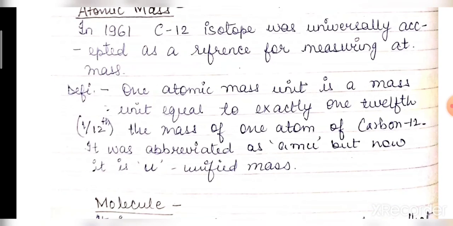But if we talk about atomic mass, then it is relative mass. Relative means with respect to something. So it is 1/12 the mass of a carbon-12 atom, and with respect to that we calculate the masses of other elements. So this can come in decimals. Atomic mass is calculated accurately in decimals, but the mass number will always be a whole number, not in fractions or decimals. This is the difference between atomic mass and mass number.